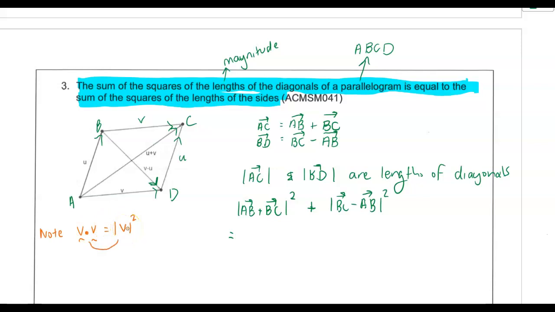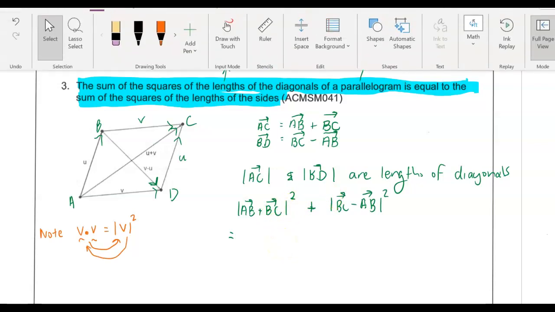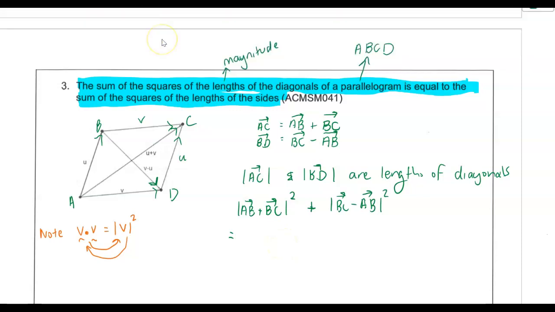And we're used to going this way. But what we actually have over here is the magnitude of our vectors squared. So we can actually write that and take that apart as the dot product of the two vectors that are inside there. So how we could write this now is the dot product of AB plus BC dotted with AB plus BC